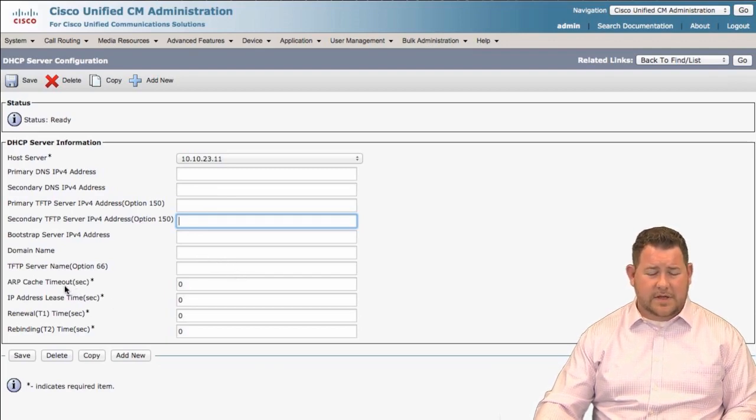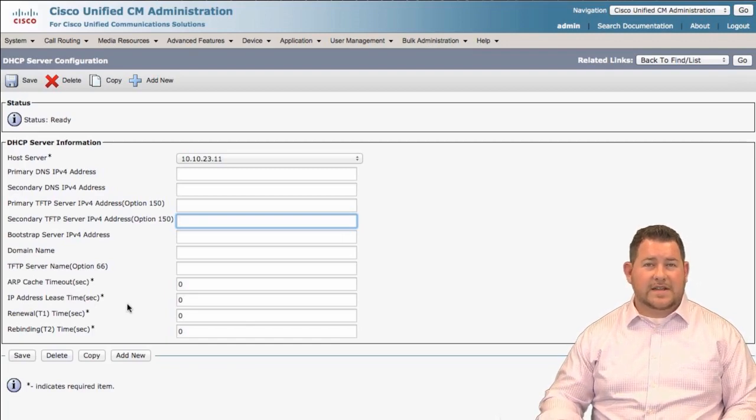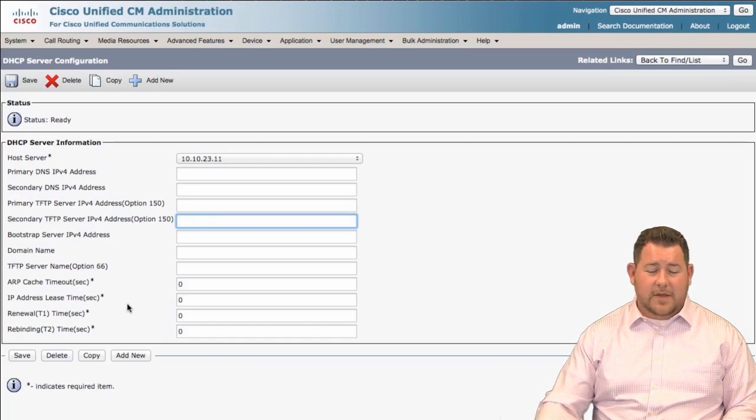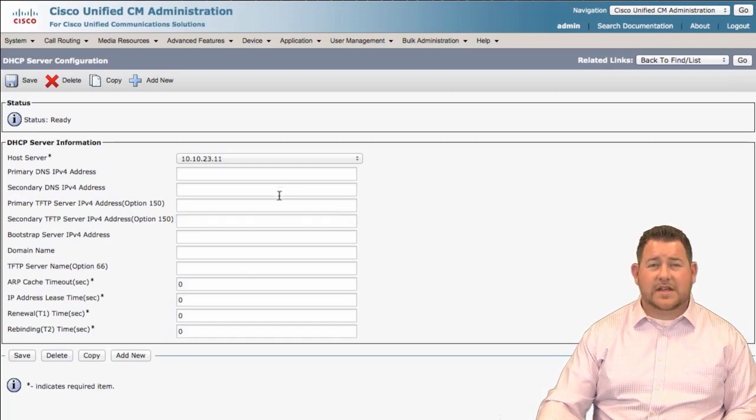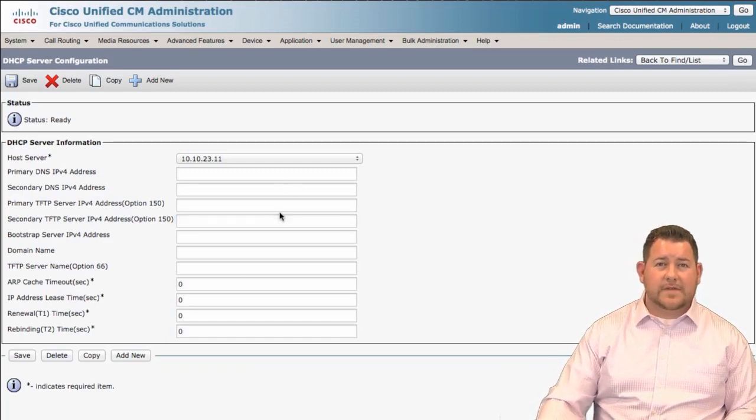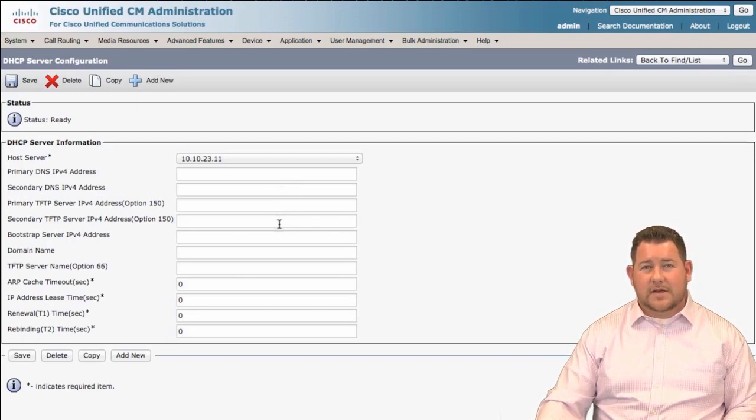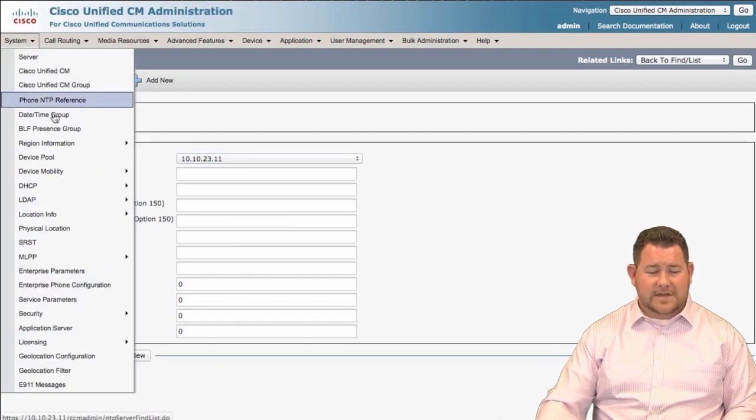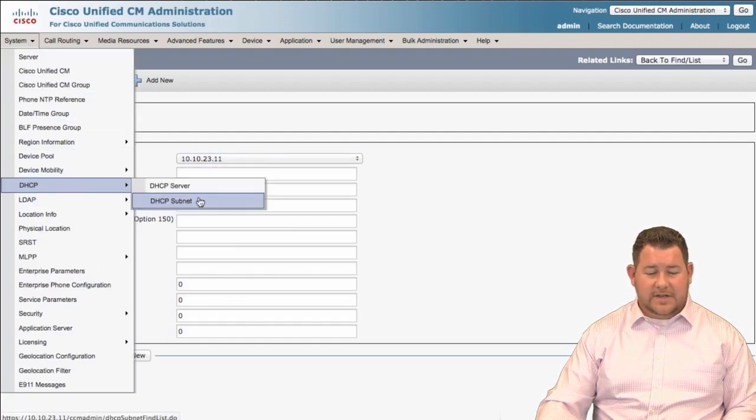Also, I can set some different timeout values for when the IP address is leased, when the device that the address was leased to should renew that address, things like that. Some of these settings you'll see actually repeated in the subnet configuration. So that's why you don't have anything necessarily configured in the server menu itself. You can configure the server and say, guess what, it's running on this server, and that's it. So now if I go down to System, DHCP subnet,